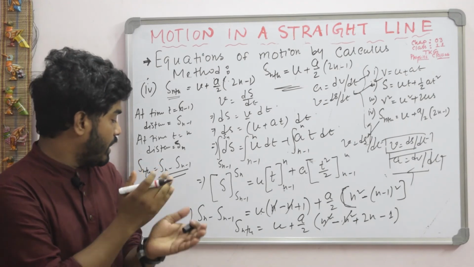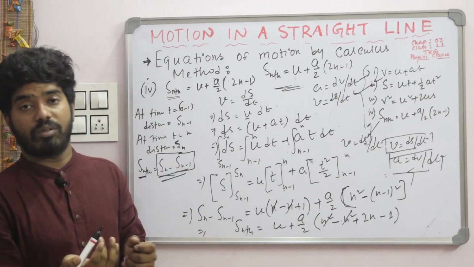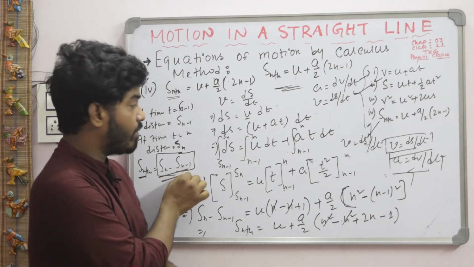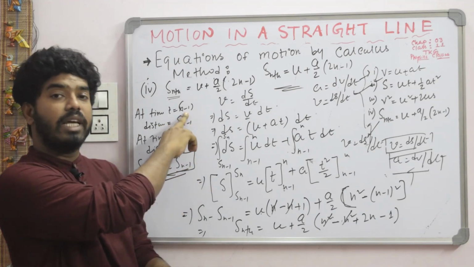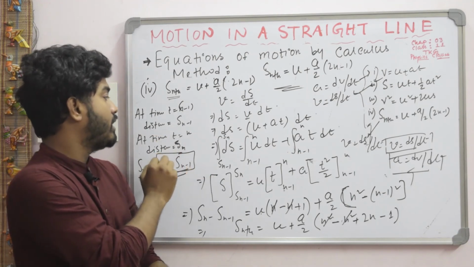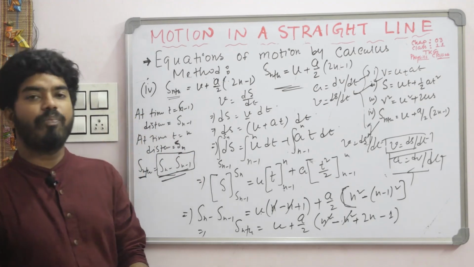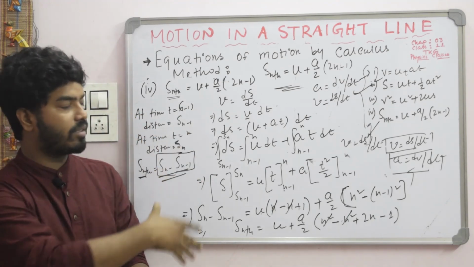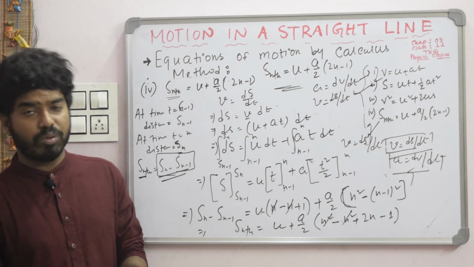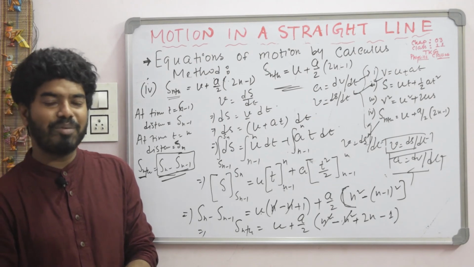Now for solving s nth, you know the formula, that is s n minus s n minus 1. So there are 2 times, one is n and one is n minus 1. So n minus 1 is the lower limit for time and n is the upper limit, and for time n minus 1 the distance is s n minus 1, and for time n the distance is s n. Then just simplify step by step, practice it 1 time, 2 times, 3 times, then it will automatically be stored in your mind, in your memory card.